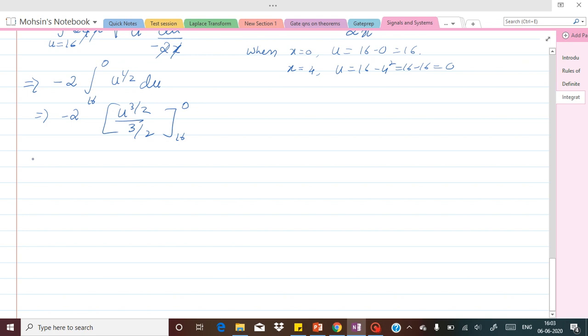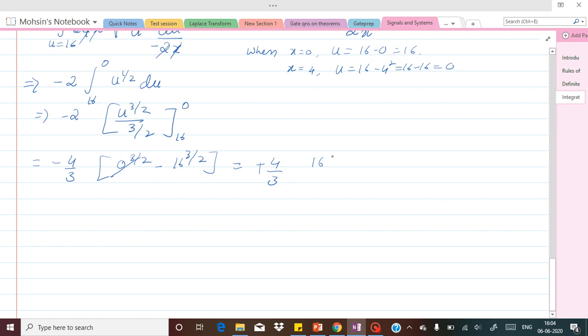3 by 2 can be taken, and it will become minus 4 by 3, and the u term is nothing but that limits we have to substitute for the u term. So first limit is going to be u raised to 3 by 2 minus 16 raised to 3 by 2 here. So this term is going to be 0, doesn't change, and minus 4 by 3, and minus 16 by 2, so it is going to be plus. Let me just write that plus term. Then 16